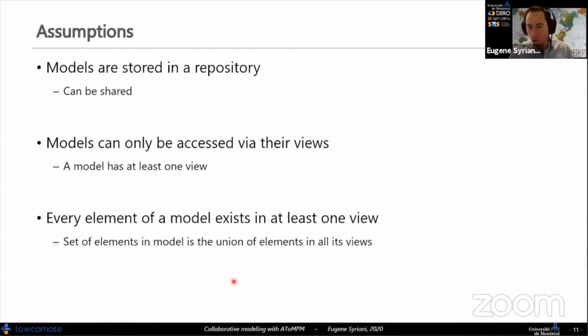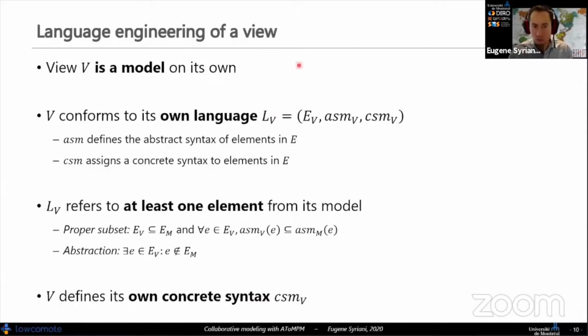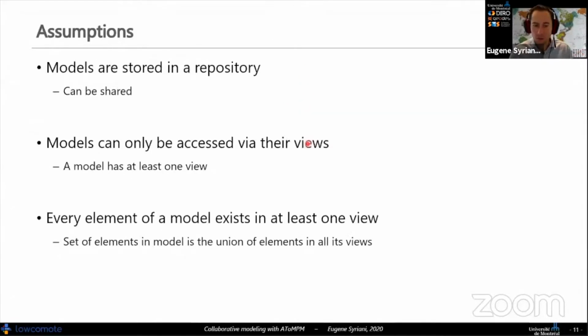And a corollary of that is that every element of a model exists in at least one view, so that the union of all the elements of the views, right? So the union of all EVIs is equal to EM, the set of all the elements of the model. So this means that the underlying model is composed by all the elements of the different views.